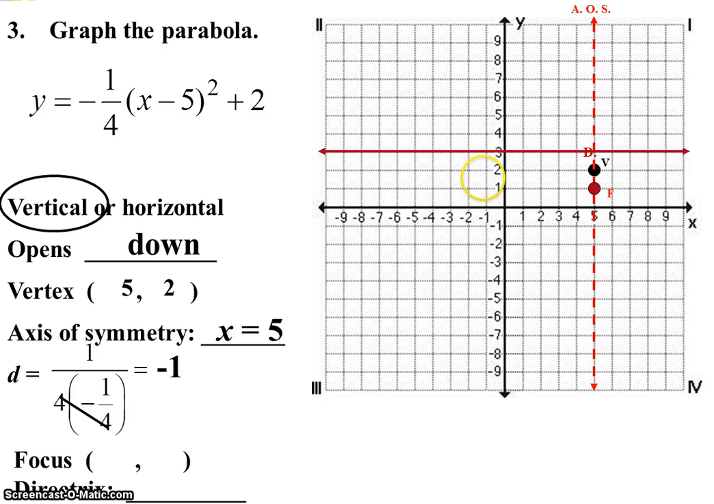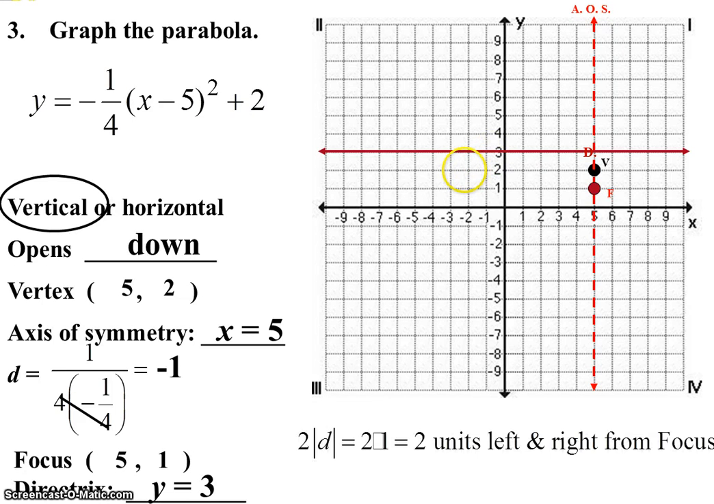Okay, so now we've got that. What now? We need our 2 additional points. Oh, and by the way, I can go ahead and label these. What are the coordinates of that? 5, 1. And the directrix line is y equals 3. Okay, so you're not seeing where I'm labeling the 2 additional points, but we're going to go 2 times the